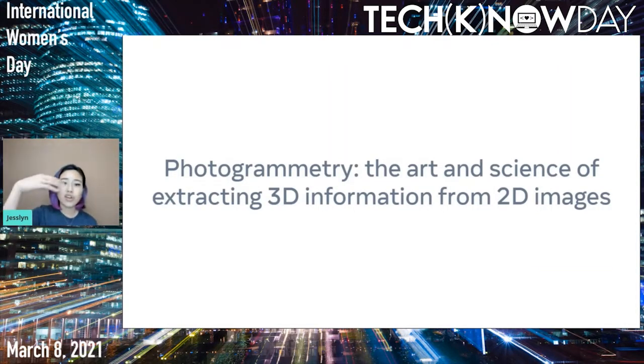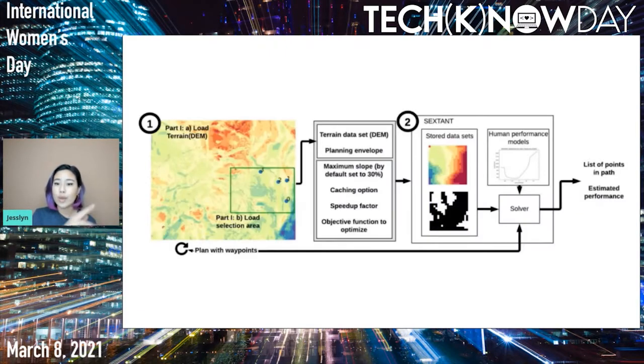So using these drone photos, we reconstructed a mesh of the park, and just like that, we had our height map. And we plugged this height map into the Sextant software and chose a few waypoints on the terrain, and the software planned out a path for us. So great, now we needed to figure out a way to visualize this